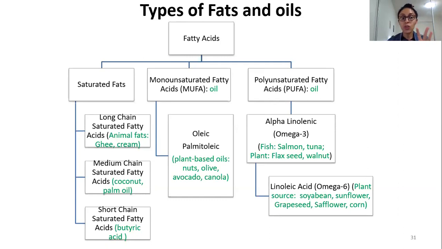Your cholesterol issue is to do with long chain saturated fatty acids, all of your animal fats, be it your dairy fats or your meat fats. Then you have your short chain saturated fatty acids. Humans have the potential of producing short chain saturated fatty acids. When does this happen? When you have fibers, especially insoluble fibers, fermented by the bacteria in your large intestine, this fermentation results in the production of short chain saturated fatty acids such as butyric acid, one of the most common ones.